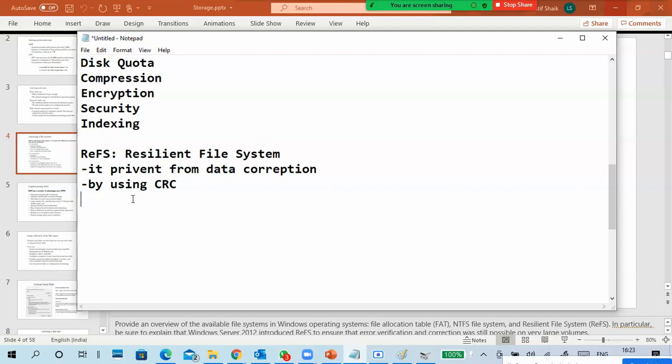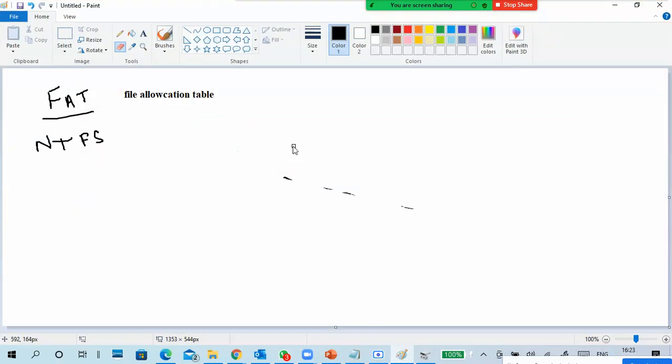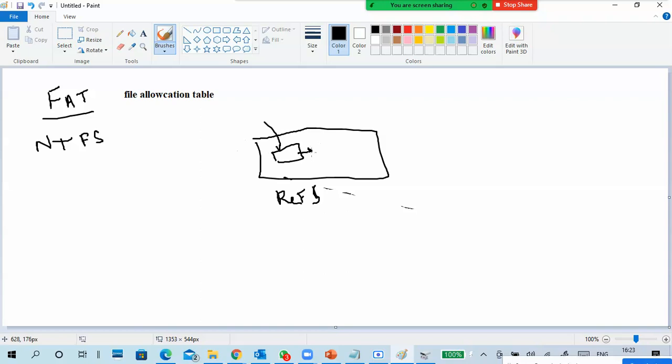So what happens when you store data in a partition formatted with ReFS? A CRC for the data will also be generated.